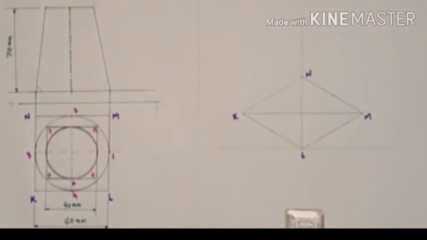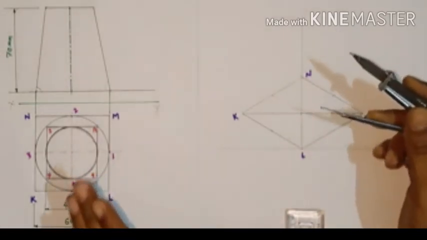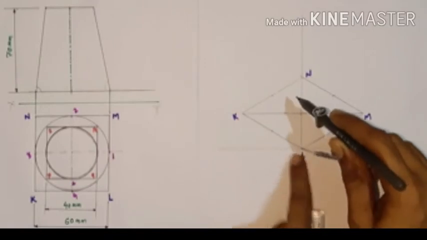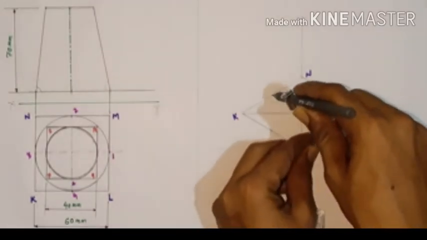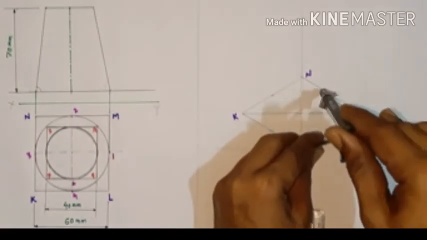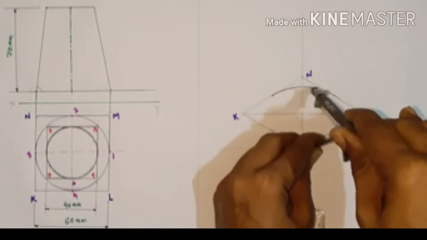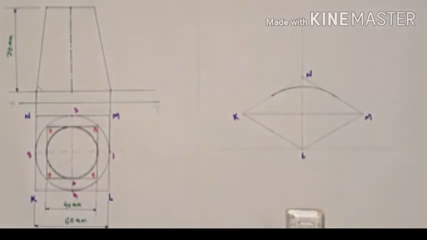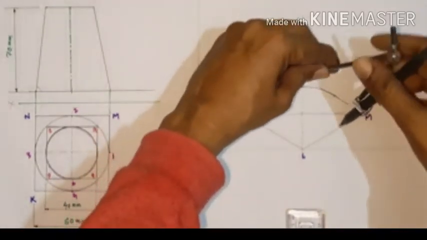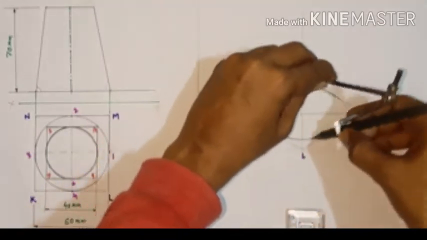Now the next step, clearly understand, is putting this rounder here and taking the dimension of it from here to here, like this. Okay, now the same procedure is adopted. So putting it, from here we make a circle like this.